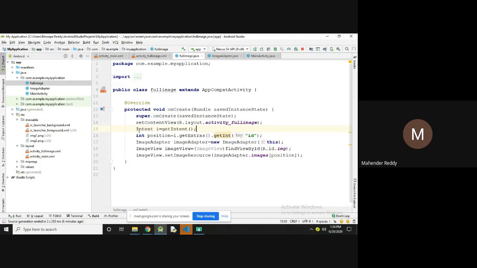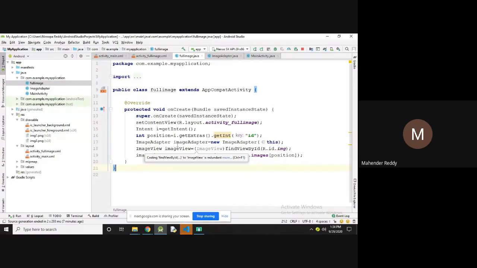For that I'm using Intent i is equal to getIntent. Then int position is equal to i dot getExtras dot getInt id. Using getExtras I'm going to get the id, and I'm getting that id as an integer value. After that I'm creating the ImageView and ImageAdapter object here.